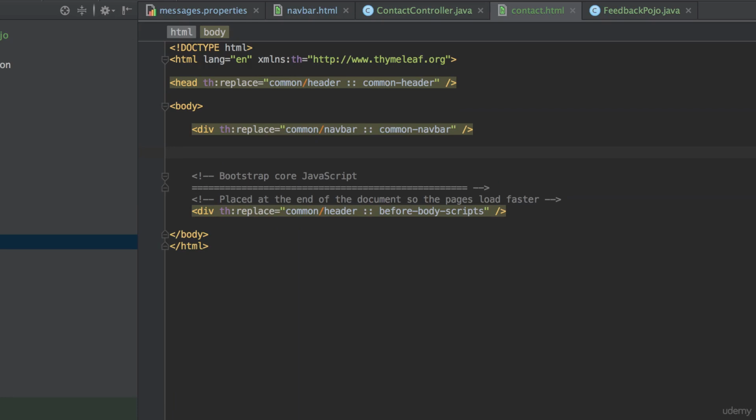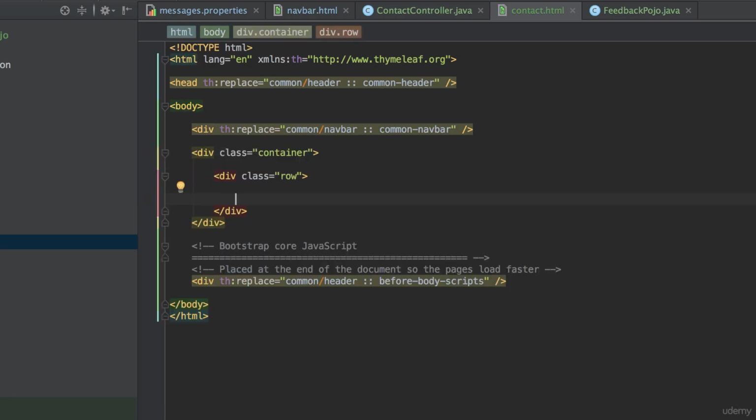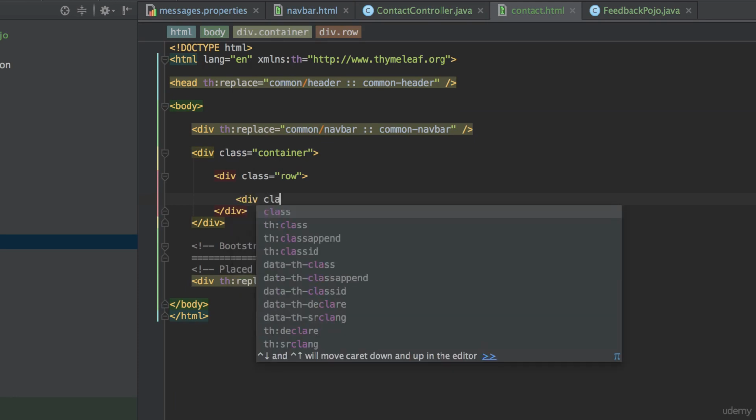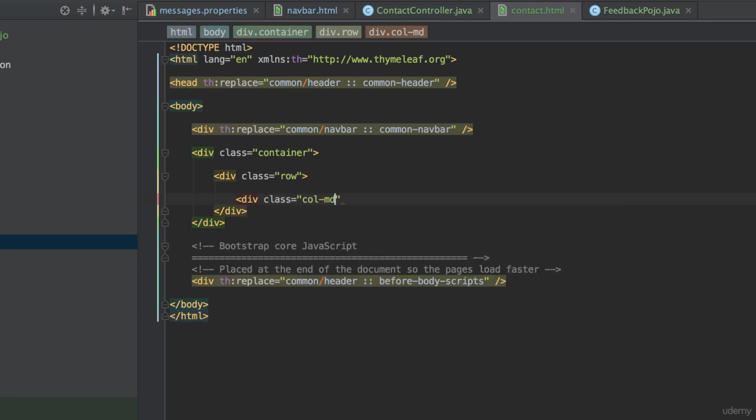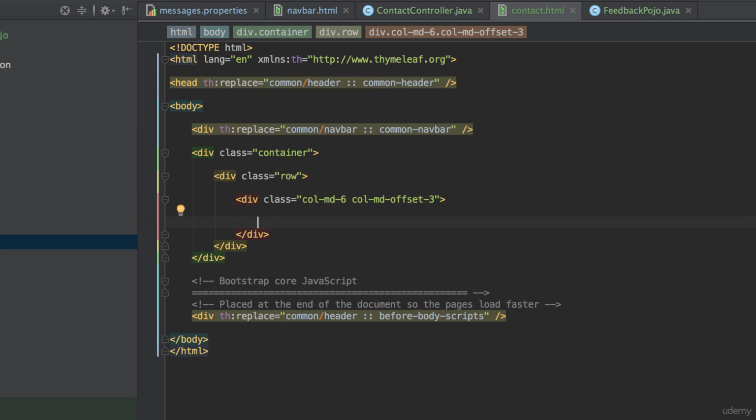In order to create the form, we need to create a Bootstrap container div and a row div. Then, we will use the Bootstrap grid system to define a column with classes col-md-6 and col-md-offset-3. This will effectively center the form, since we are saying, "Hey Bootstrap, occupy the first 3 columns with nothing, then dedicate the next 6 columns to our form, and then leave the next 3 columns blank." Since the total number of columns in the grid system is 12, Bootstrap will place the form in the center